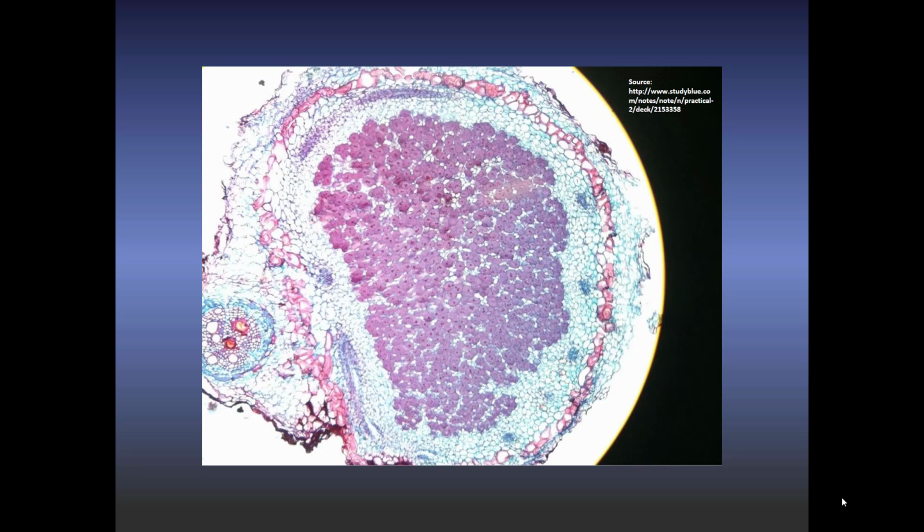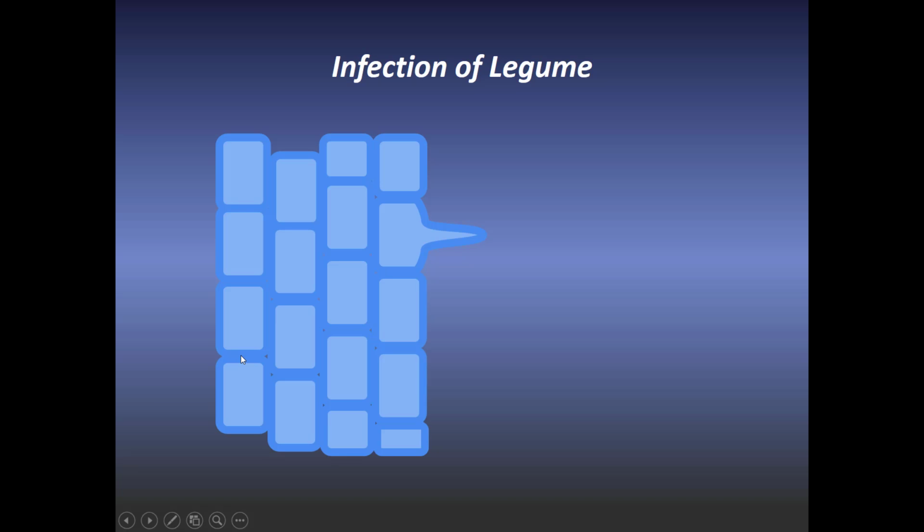This is a cross-section of a nodule where you can see the majority of this picture is the nodule itself, but on the left-hand side is the root and the vascular system of the root, and you can see that the nodule has grown, infected the root, and grown quite substantially compared to the size of the root that it infected. This is going to be a little bit of a short animation of how an infection of a legume root takes place. So watch.